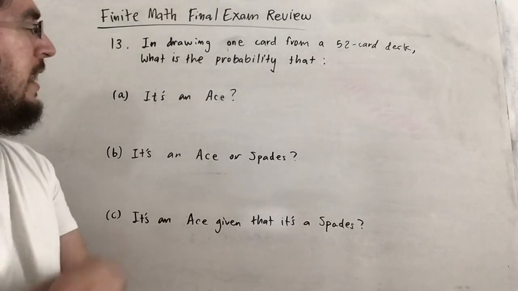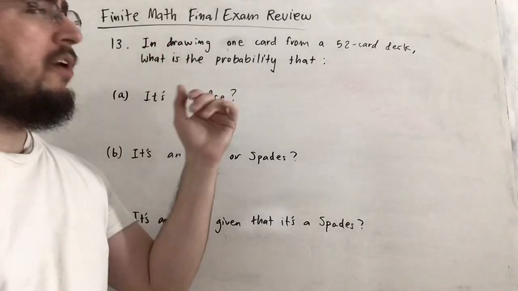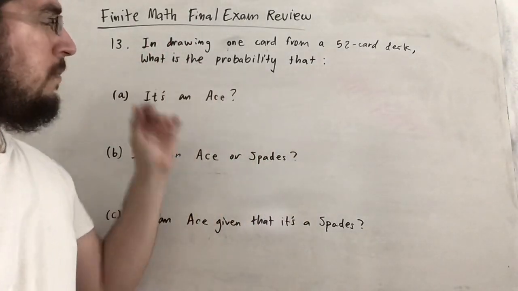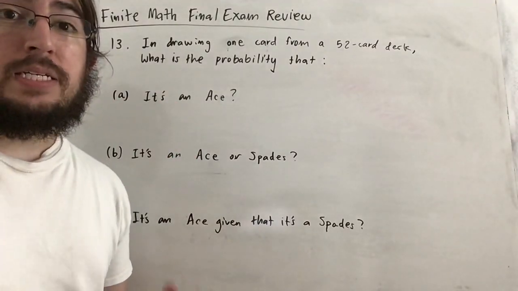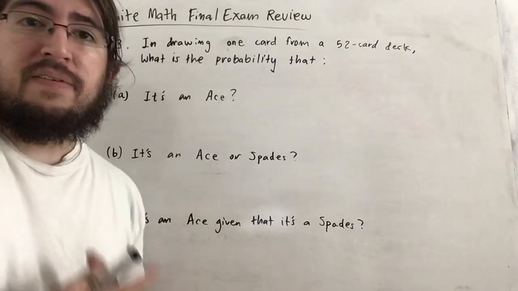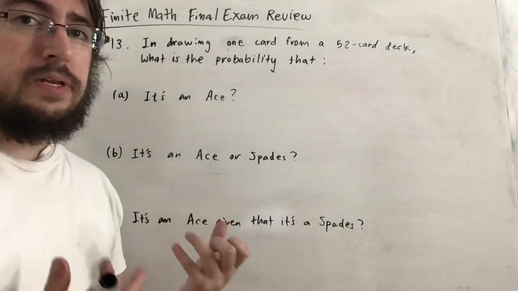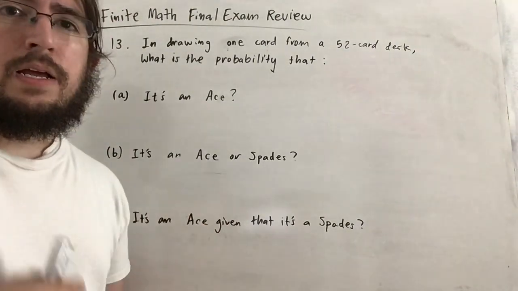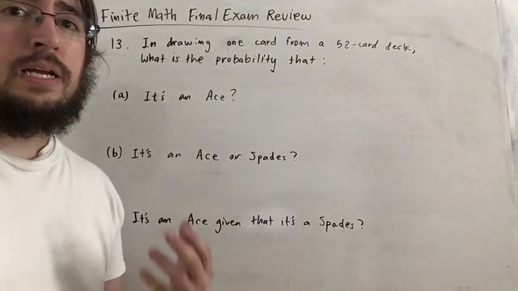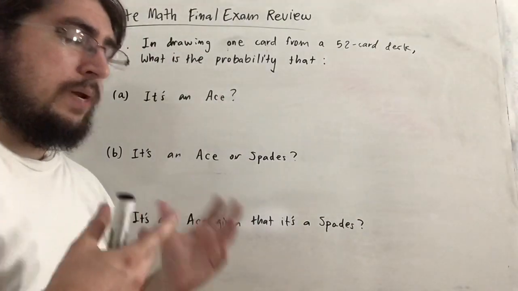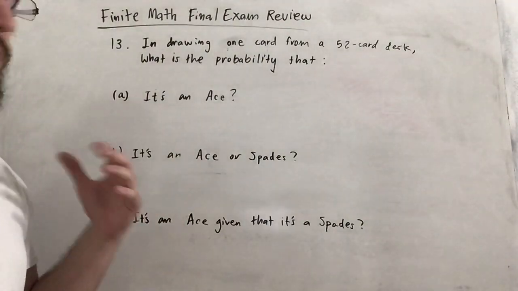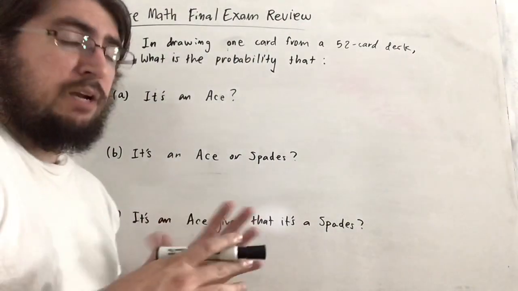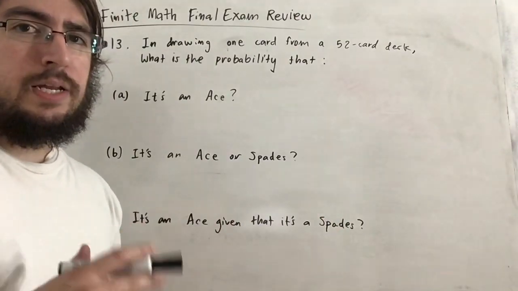Alright, so for number 13, we're being asked that in drawing one card from a standard 52 card deck, what is the probability that the following happen? Now 13 really is a combination of what we saw from number 11 and number 12 because it is a probability question but mixed with some counting. So we have to use some techniques from counting to figure out what the number of things are in a certain set, basically. So here, if you recall how a standard 52 card deck is constructed,